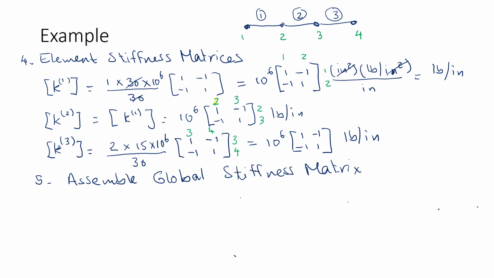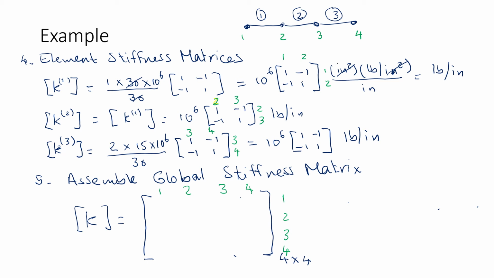Now I'm going to use the direct stiffness method to assemble the global stiffness matrix, uppercase K. Looking at the structure, we have 4 nodes and 4 degrees of freedom or 4 displacements. So I expect to have a stiffness matrix that is a 4 by 4. So I'm going to label my rows and columns: I have 1, 2, 3, and 4, corresponding to displacements or degrees of freedom. Next, I'm going to start looking at the elements of the element stiffness matrices and assemble the global stiffness matrix